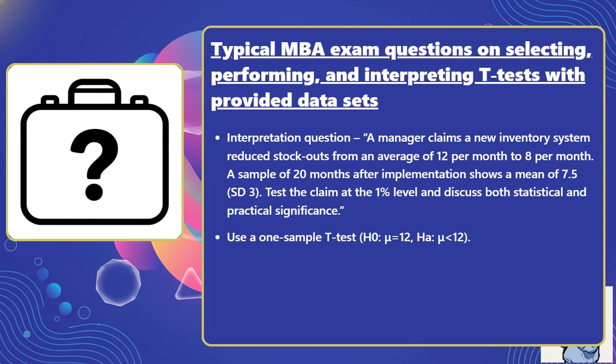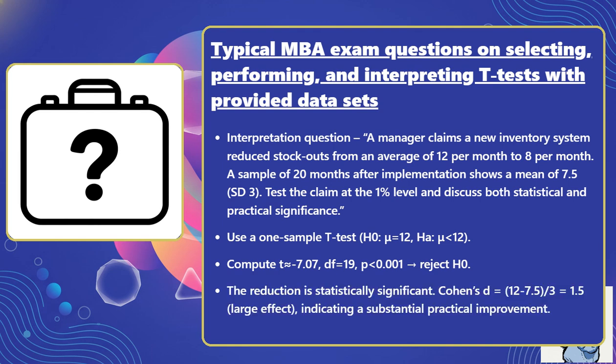Use a one-sample t-test, null hypothesis mu equals 12, alternative hypothesis mu less than 12. Compute t approximately negative 7.07, degrees of freedom 19, p less than 0.001, reject H0. The reduction is statistically significant. Cohen's d equals 12 minus 7.5 divided by 3 equals 1.5, large effect,